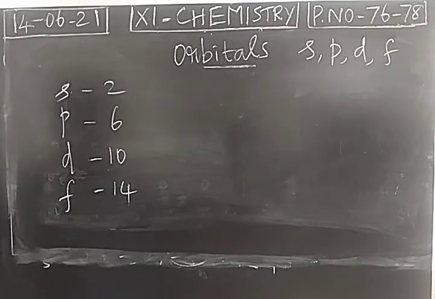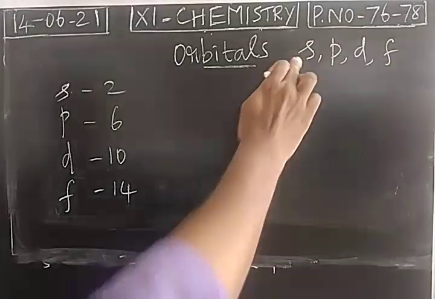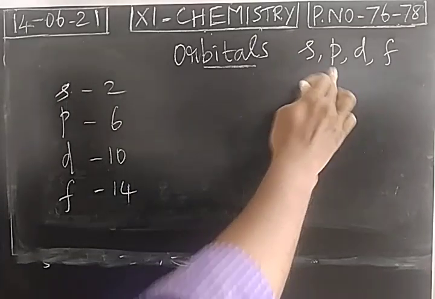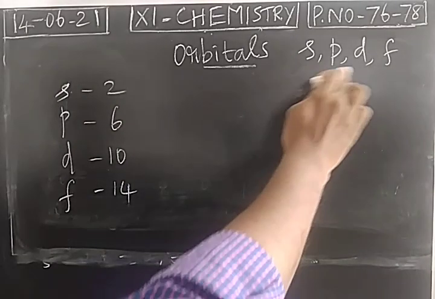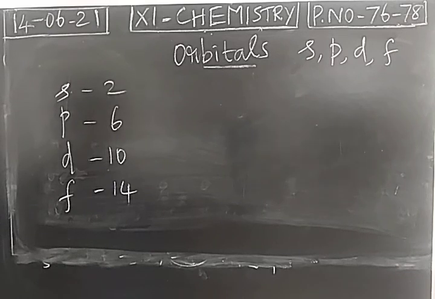So outside the nucleus we have the shells. In shells we have 4 types of orbitals: s, p, d and f. First shell will have only s orbital, second shell will have s and p orbital, third shell will have s, p, d orbital, fourth shell will have all the 4 types of orbitals. Then from the 4th shell onwards, each shell will have all the 4 types of orbitals, and this is how many electrons can be placed in an orbital. Maximum number of electrons have been represented.